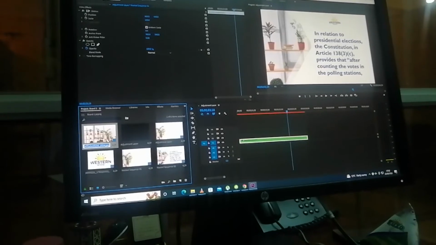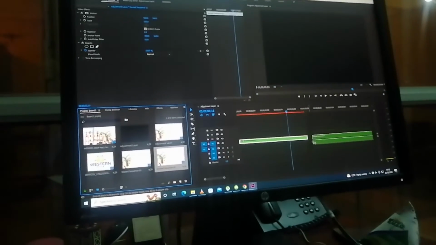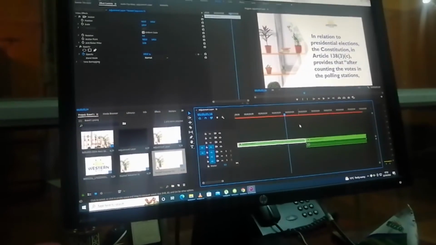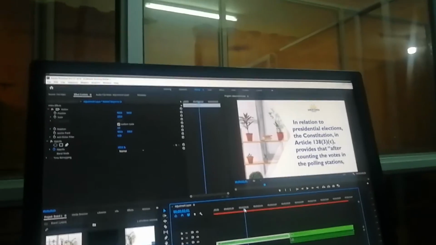Okay. Then you now drag this sequence 2 and place it later. Now this means that this one after, leave it, to cut off the